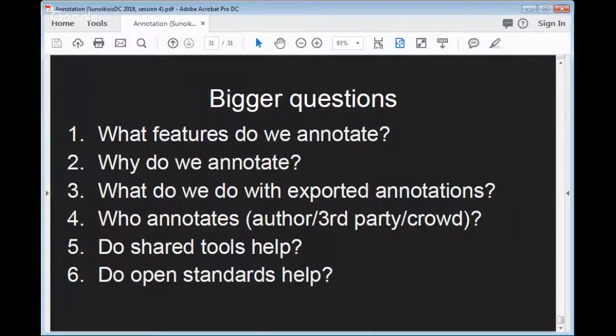I mean, we keep coming back to some of the other questions. So maybe we could talk about some of these other things. So concretely now, rather than in general terms, what do you annotate?